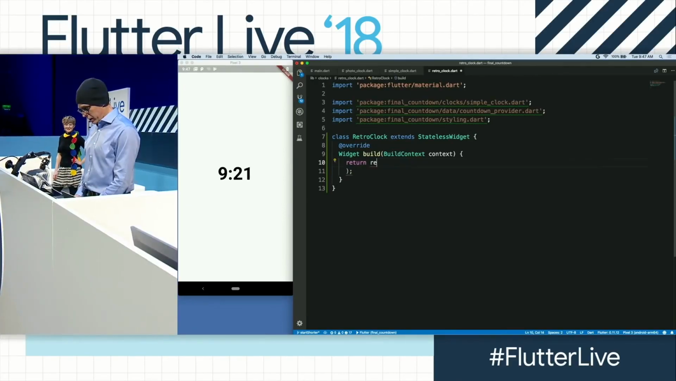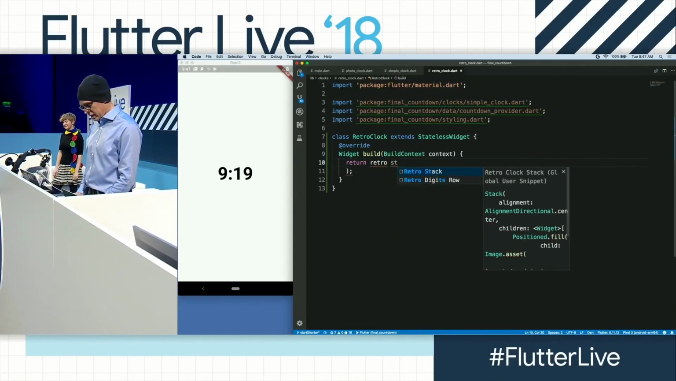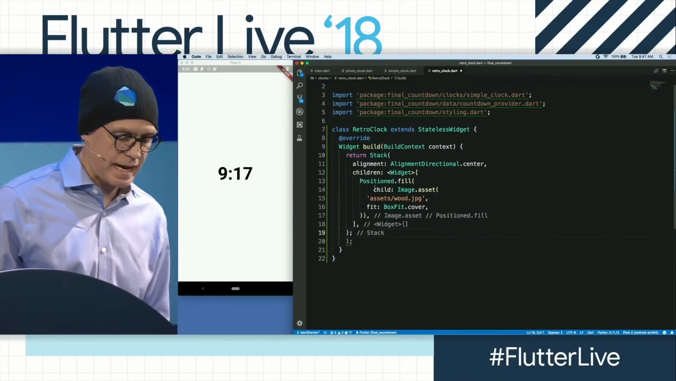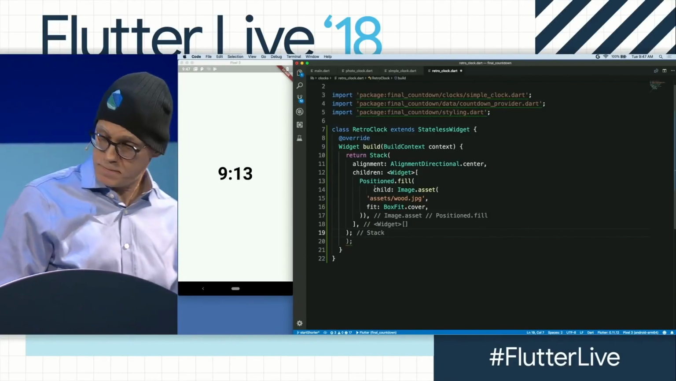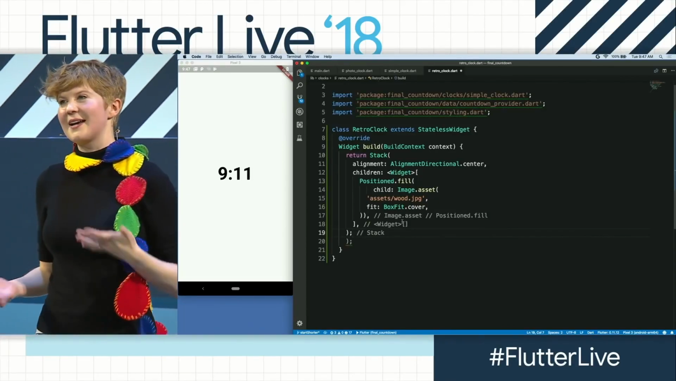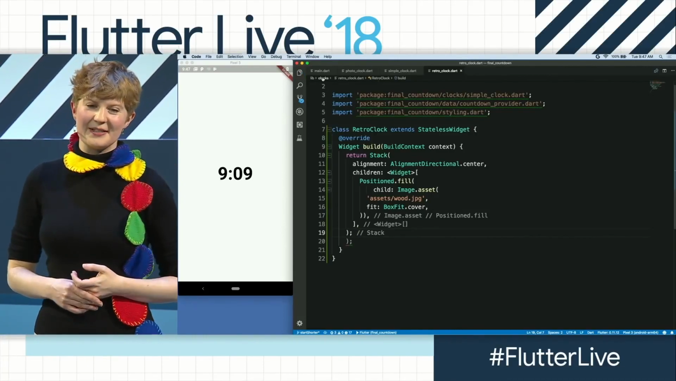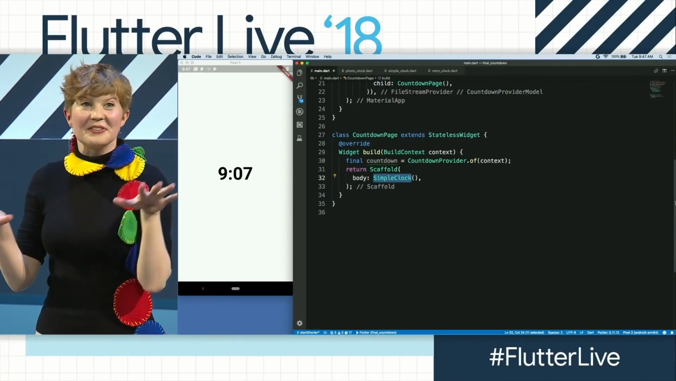grain. And what I'm going to do is I'm going to put in a stack. And the reason I'm using a stack is that we can layer widgets on top of each other with a stack, and I'm going to start with the wood grain. So right now this stack has one widget in it, but spoiler alert, there's going to be more